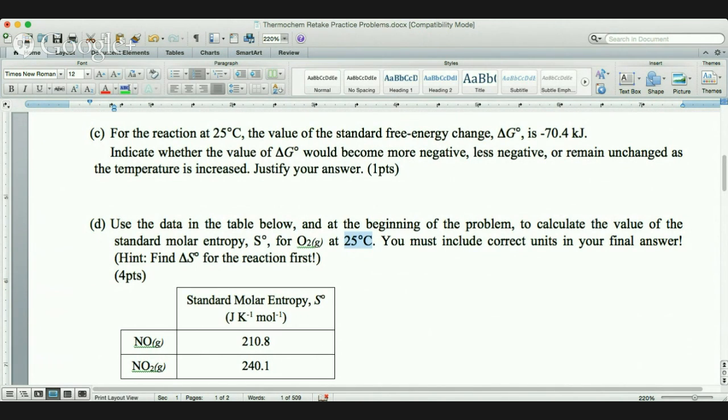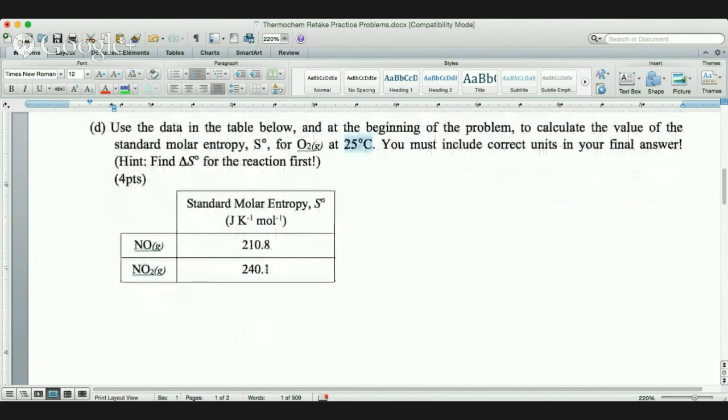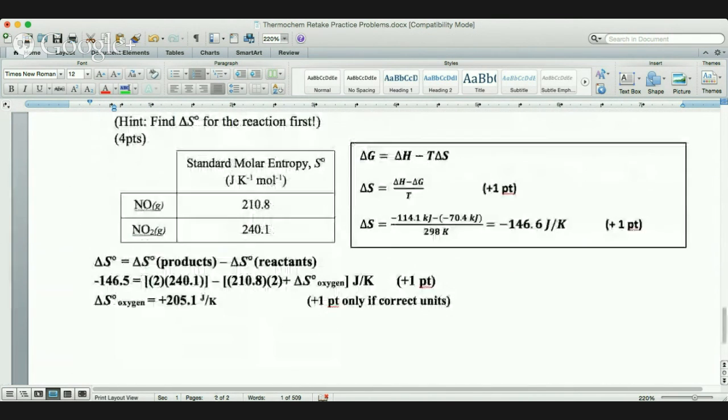So you're solving for, you're using the Gibbs free energy. Once you get that delta S, then it's the delta S. Remember, it's the sum of equations. So let me just show that to you. So you saw using the delta G, the Gibbs free energy, you found the delta S, okay, delta H minus delta G over T. You get that, and then you can plug it in over here. So the negative 146.6, well, I did the number wrong, that's fine,